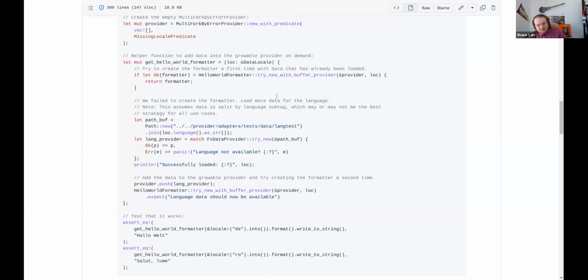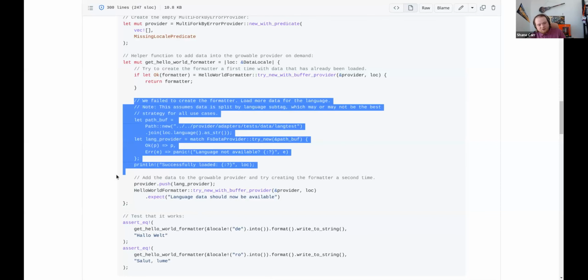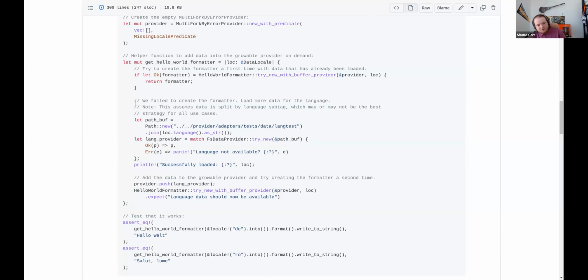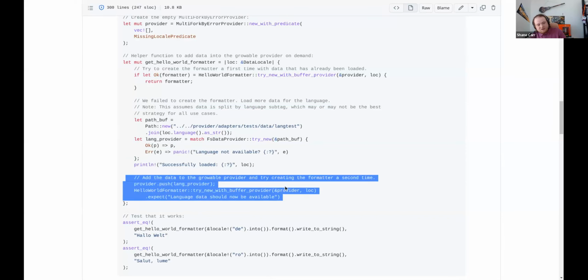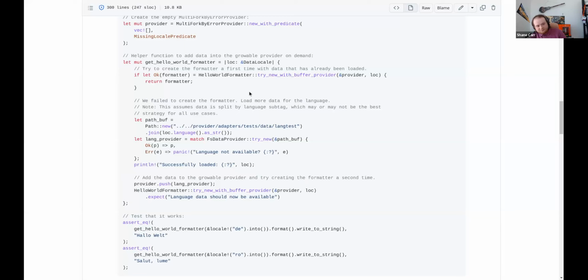It is something that we're capable of handling. When we try to load a hello world formatter for a particular language, if it's okay, meaning that it was successful, we're done. If it was not successful, we can load the file from the file system, hook it up into the data provider, and the next time we try it, it should work.